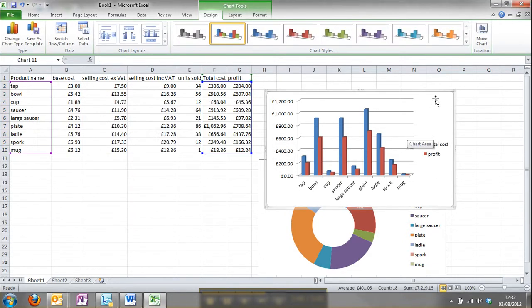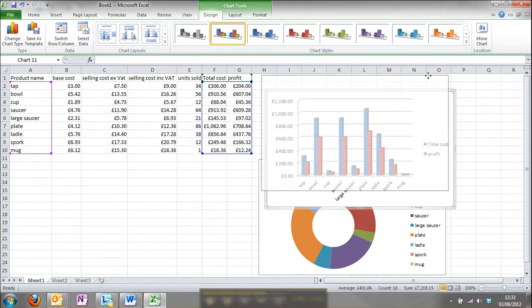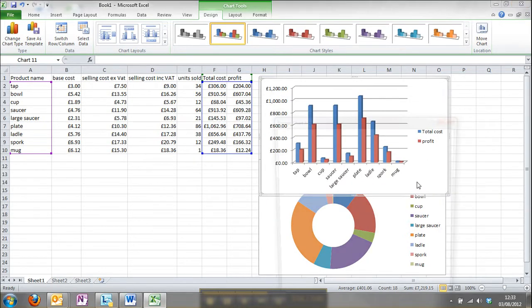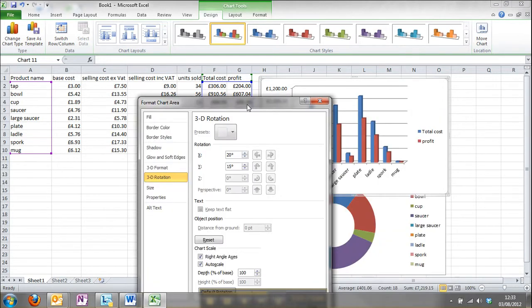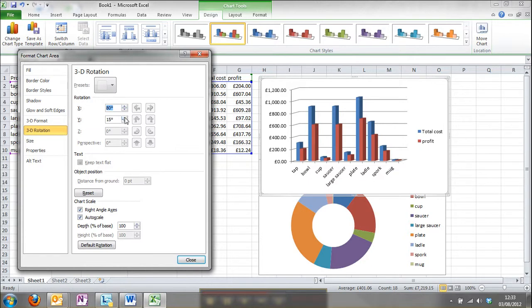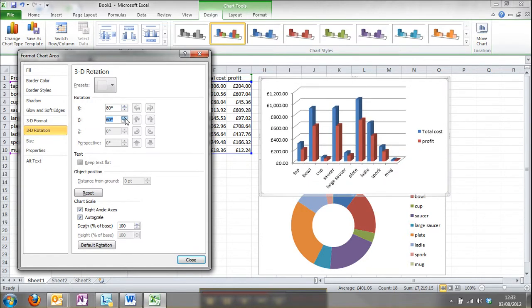And if we click OK, as you can see it's nice and colour coded. So blue is total cost and red is profit. Then if you go into the options, you've got a few other little graphical options you can work with. So you can alter the 3D rotation, tilt it around a bit more and make it look a bit more jazzy. But yeah, the rest of it's purely graphical, but hopefully this has helped you learn how to create some basic